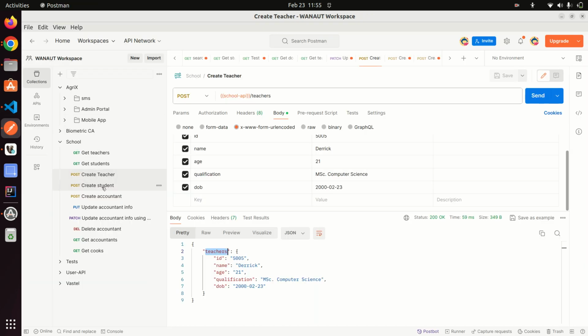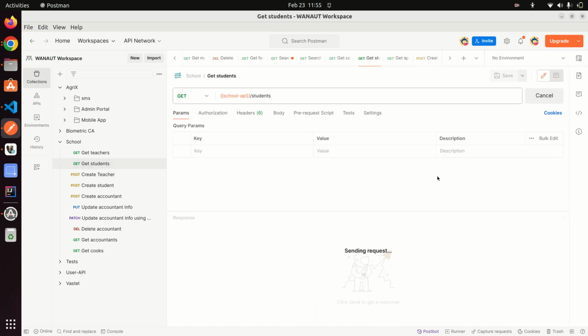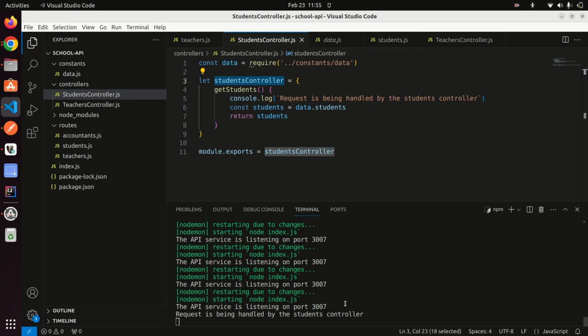So we shall come here and run our endpoint for get students, which is here. If we run this, we have the students returned, and if you check our terminal, you realize that we have a message: request is being handled by the students controller. Which means that our request is being handled by